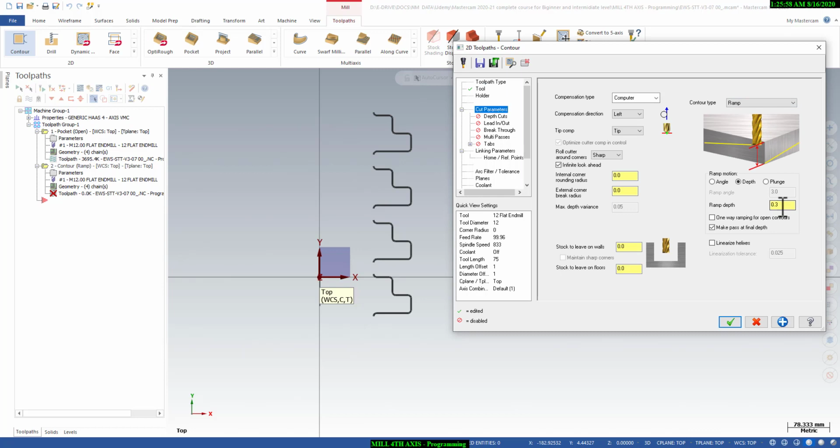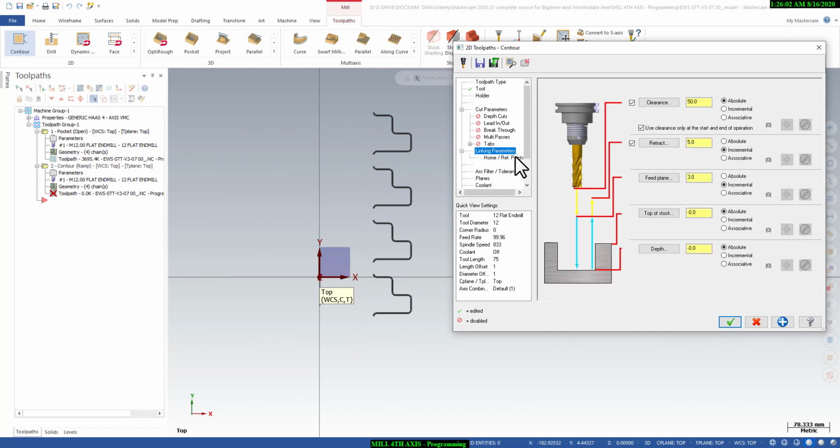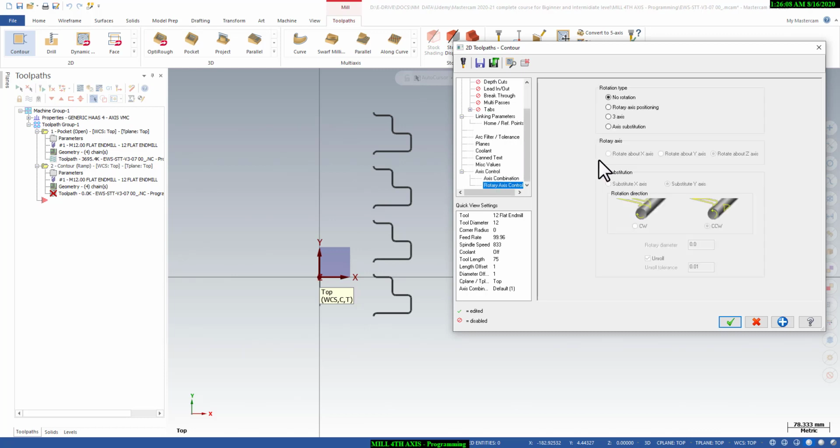We will give 0.2 mm of depth of cut, and here we will say depth minus 12.5. That's good. Go to the rotary axis, activate the axis substitution here, and here deactivate that and give the diameter, that is 130. Fantastic, and then say okay.